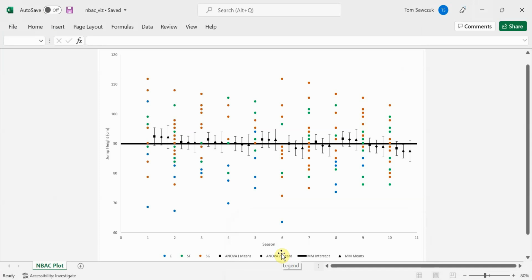Now, if we look at where we're at the moment, last time we showed that the seasonal estimates for the mixed model had much greater confidence intervals than for the two-way ANOVA or for the one-way ANOVA. And I suggested that that was to do with the random effects that we use within the mixed model. So what I'm going to do now is talk you through the difference between fixed and random